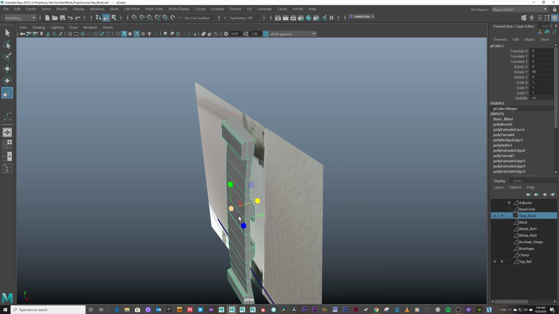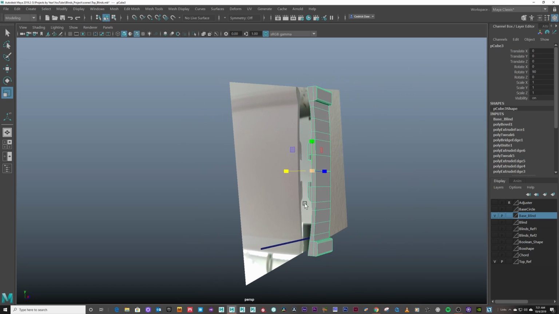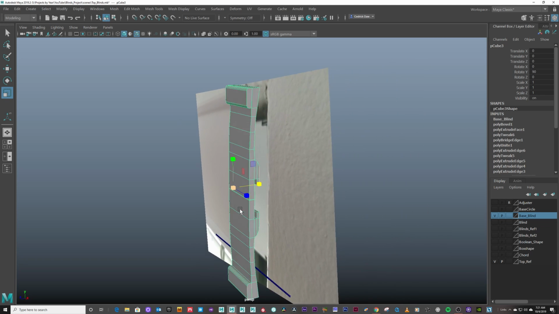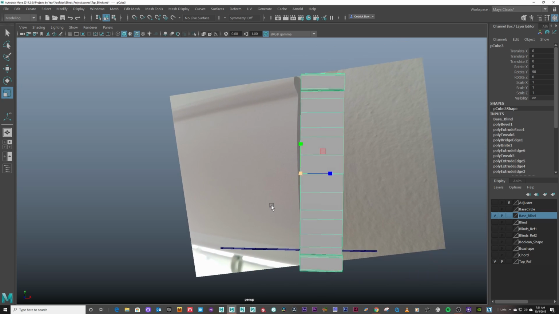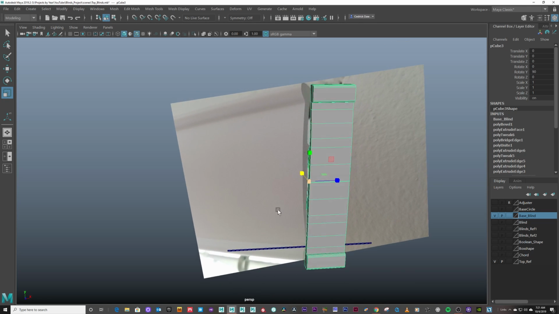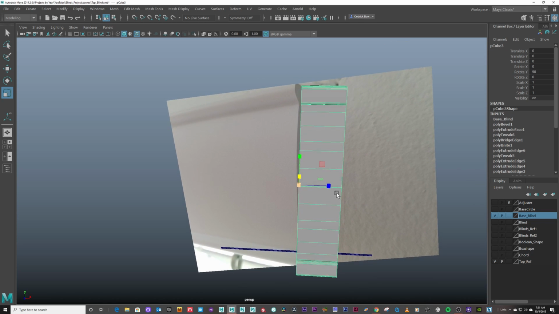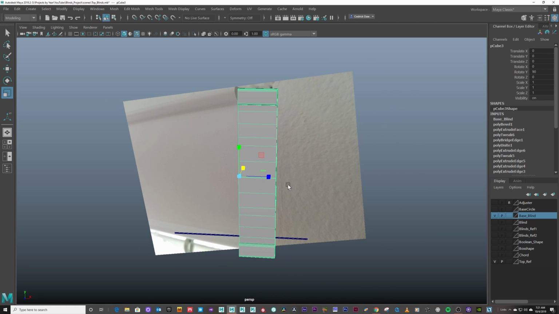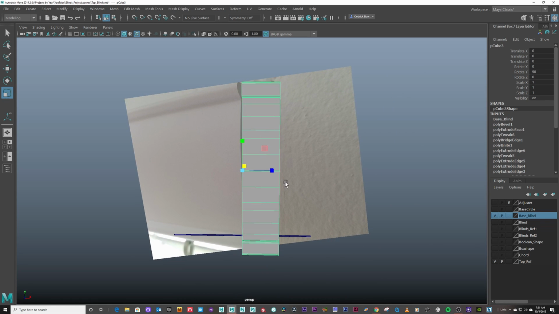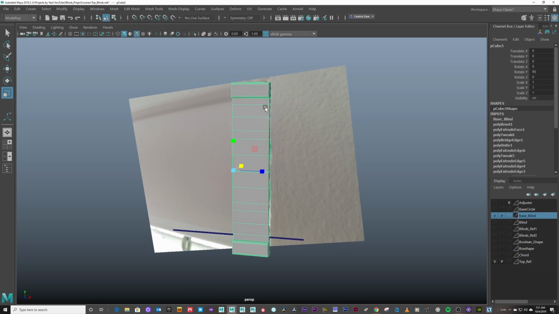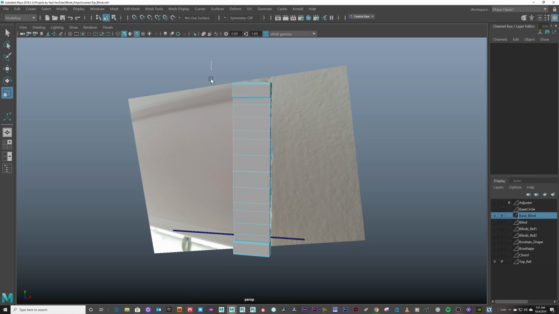So again, for those of you that really don't care about it looking a little bit low poly, then that's fine. But for those of you that want to clean this up a little bit, well, this part's for you. So after you bevel that, let's right mouse click and hold, go to face, delete those guys,